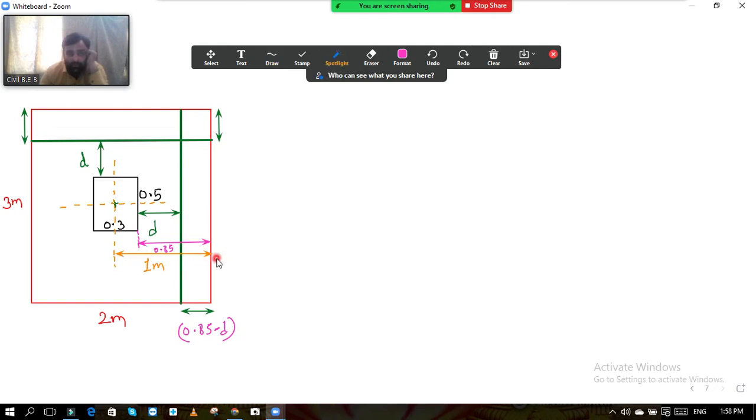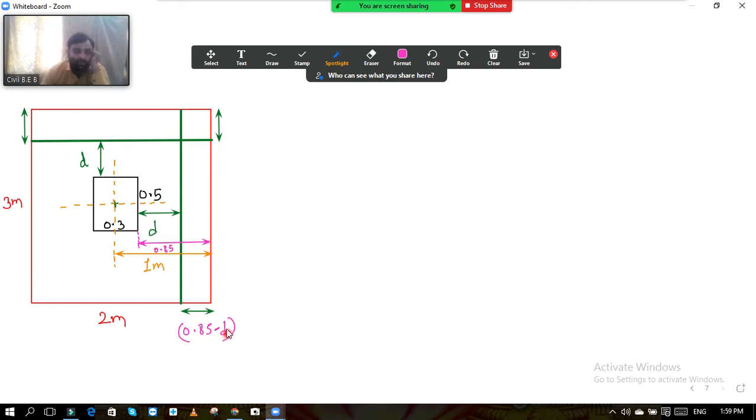This total is 1. This much is D. So from the face of the column, what is the distance of this edge? या एजचं डिस्टन्स किती आहे फेस ऑफ द कॉलम पासून? इथून ते एवढं डिस्टन्स पाहिजे मला. सो दिस टोटल इज 1. सो फ्रॉम दिस 1 इफ आय मायनस दिस मच ऑफ डिस्टन्स, हे डिस्टन्स किती असणार आहे? दिस टोटल इज 0.3. सो दिस विल बी 0.15. So from this 1, if I subtract this 0.15, I will get this distance as 0.85. So if this total is 0.85, out of which this distance is d, so this remaining strip will be 0.85